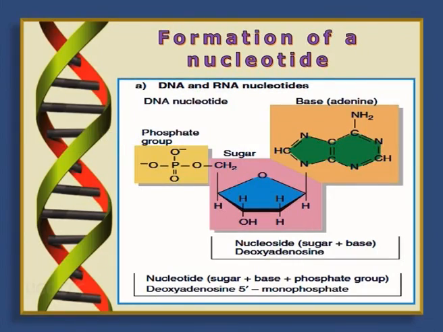Now let's come to how the nucleotide is formed, which we were talking about from the beginning of the lecture, all about nucleotides. So what are basically nucleotides? The formation of a nucleotide takes place when a phosphate group is added to the C5' hydroxyl group of a nucleoside with the help of a phosphoester bond, converting it to a nucleotide. So we can say that nucleotides are nothing but phosphorylated derivatives of nucleoside.